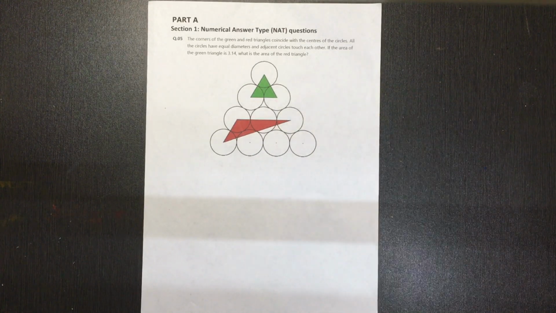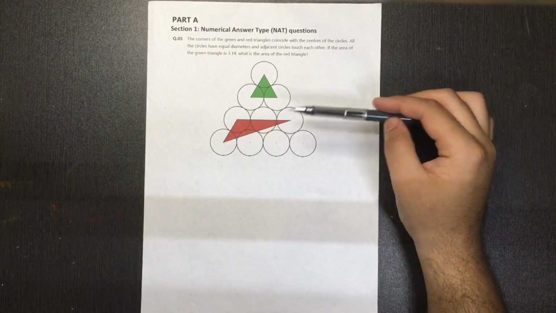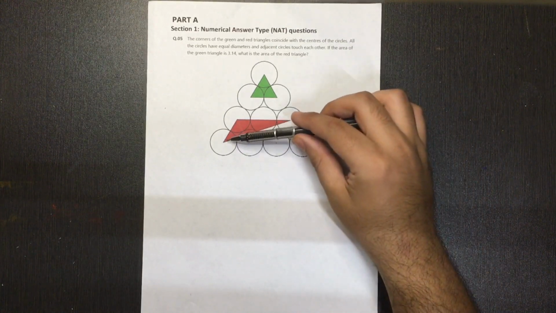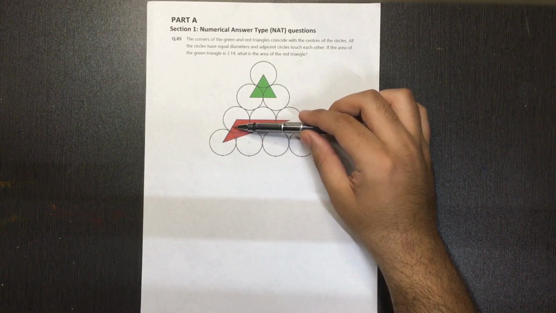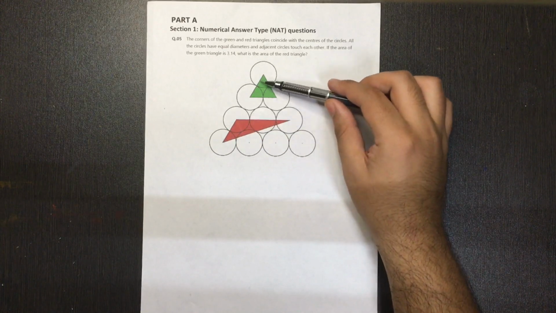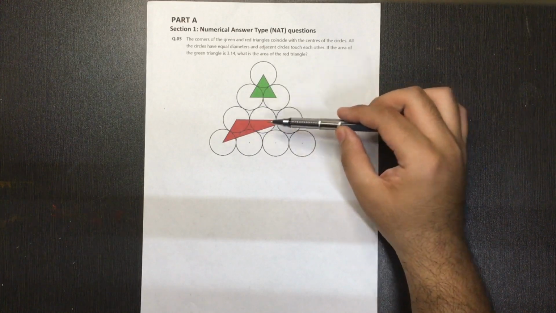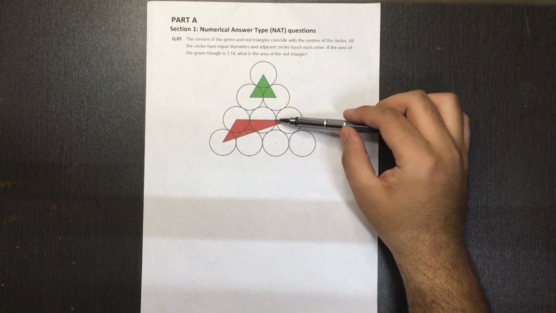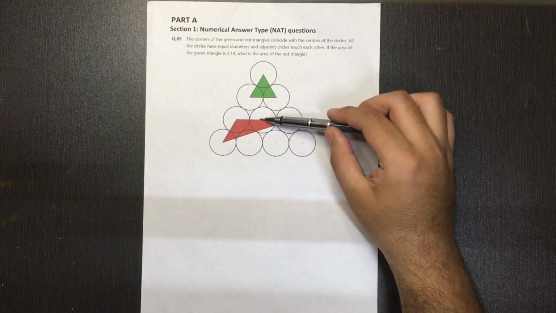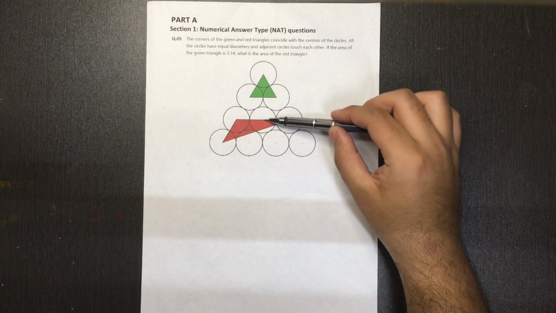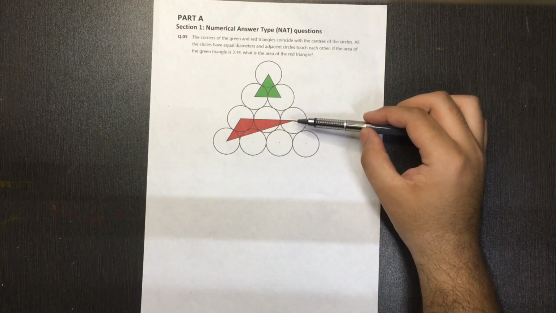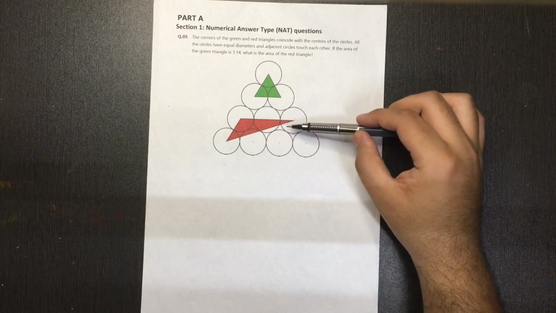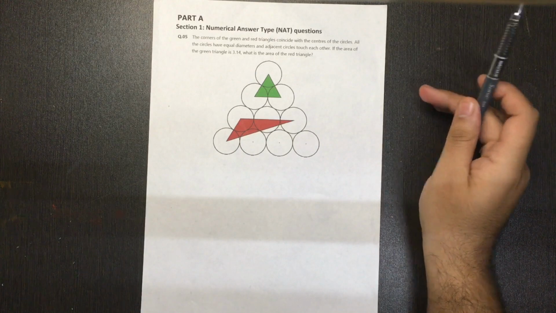In an equilateral triangle we know that all the angles are 60 degrees. For the red triangle we can say that this side is made of two radii, one radius this and one radius this, and the same for this side, so these two sides will be equal. And this side is made up of four radii, one radius, another radius till the center of the circle, then another radius, and then another radius. So totally four radii are there in this, and for the third side we can't say anything.